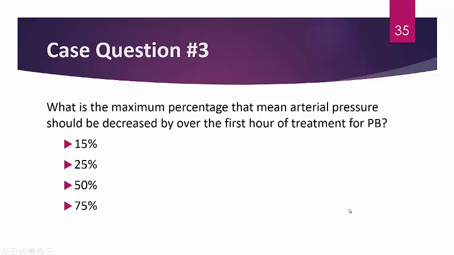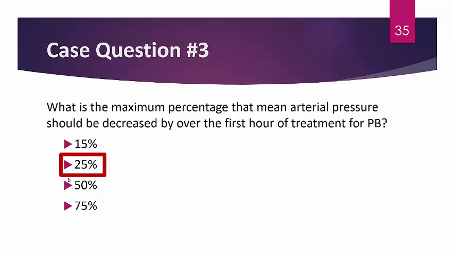And the last question, what is the maximum percentage that mean arterial pressure or MAP should be decreased by over the first hour of treatment for PB? The answer to this question is 25%. So remember, we don't want to do it too quickly, but we also don't want to do it too slow. So 15% is actually not correct in this case. And 50% and 75% can actually instigate potential